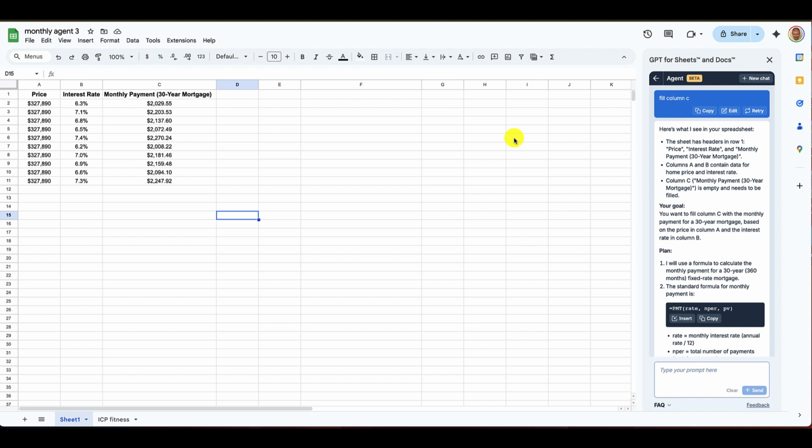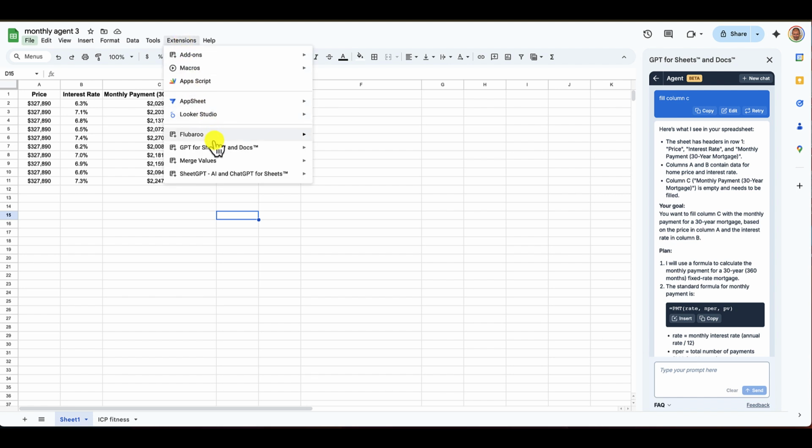And that's an important thing to remember if you're new to GPT for Sheets. Every time you open a new Google Sheet, if you want to use the GPT for Sheets AI tools, you have to go up to Extensions, find GPT for Sheets and Docs, and enable GPT functions. You have to do this every time you open a new Google Sheets if you want to use GPT for